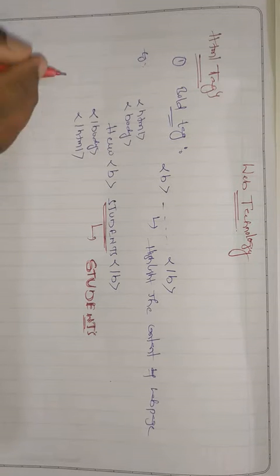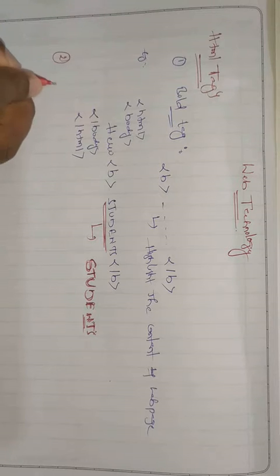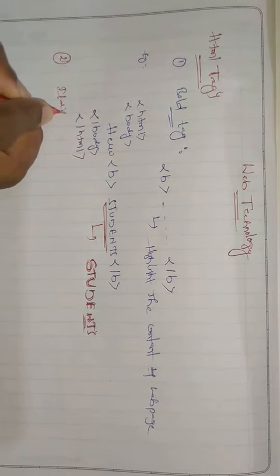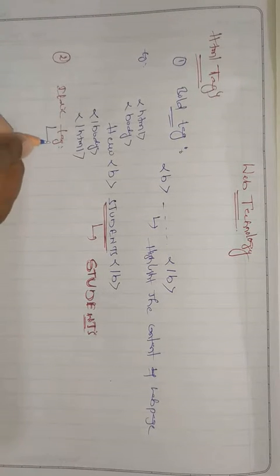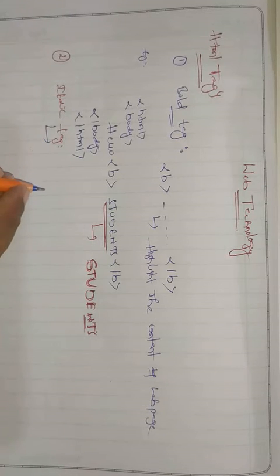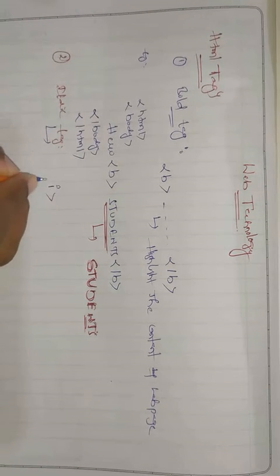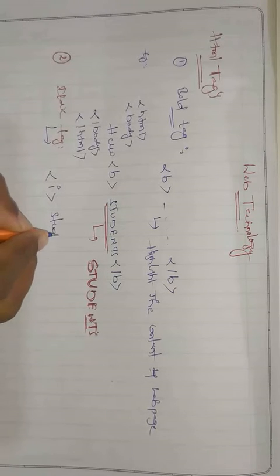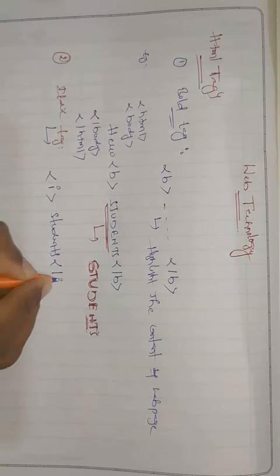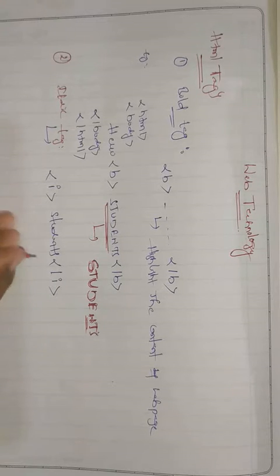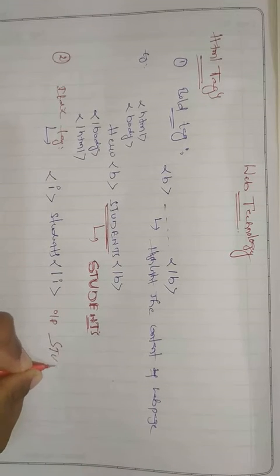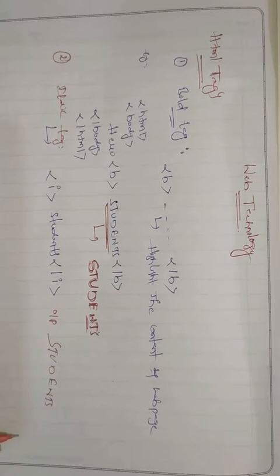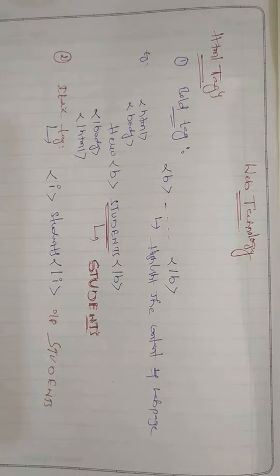Next, the second tag, the italic tag. You already know about the italic tag also. Italic means slanted text, indicated by the I tag, then the normal text, and then the ending italic tag. After using the italic tag, we have the output slanted like this, not exactly but like this.